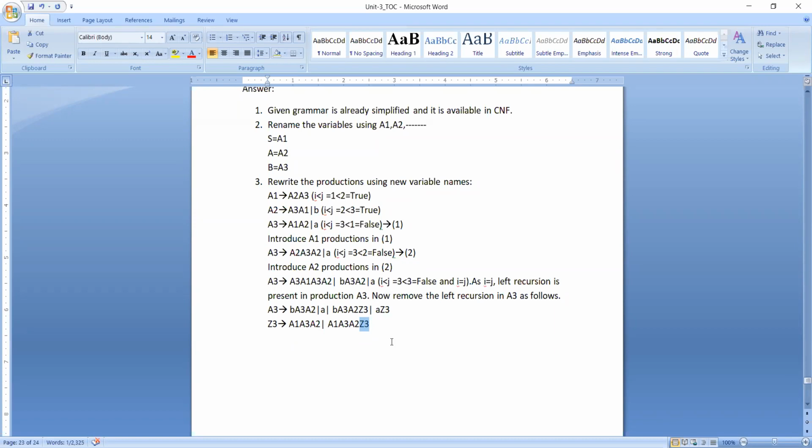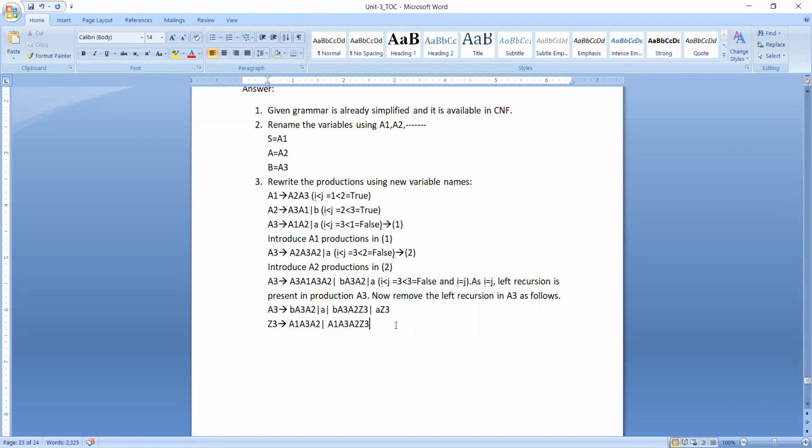So this is how we are going to remove the left recursion which is present in the given production. Here the very important thing is that we take one occurrence directly and one occurrence with the new variable, that is what we do while eliminating the left recursion which is present in the GNF.